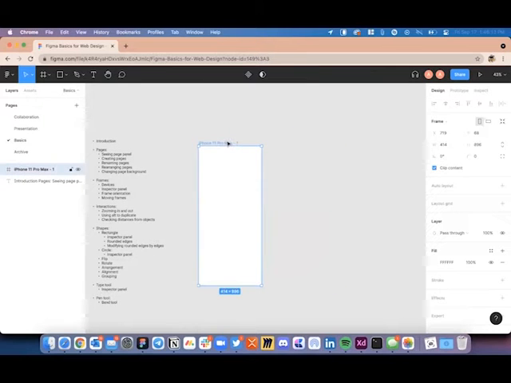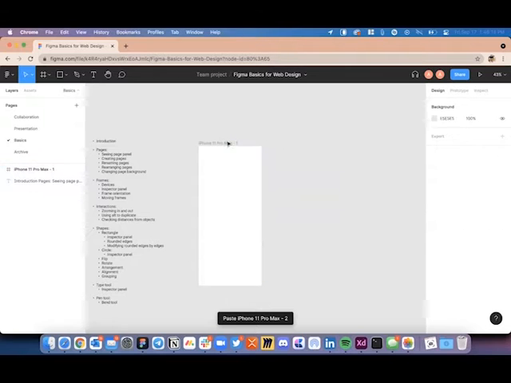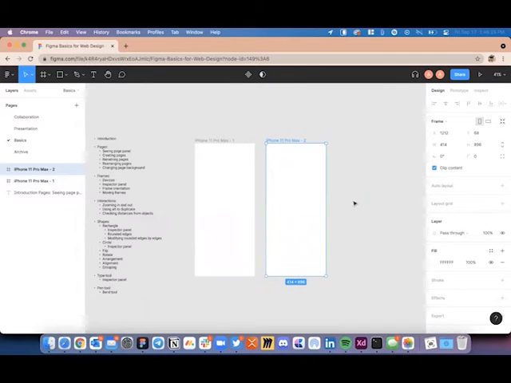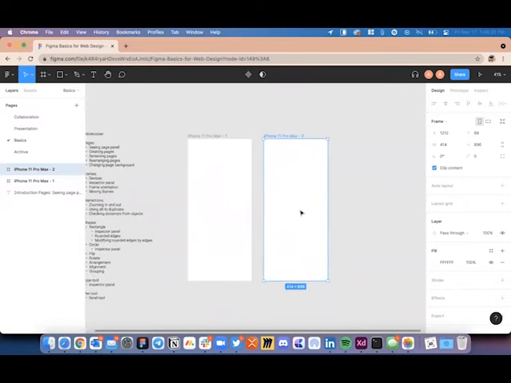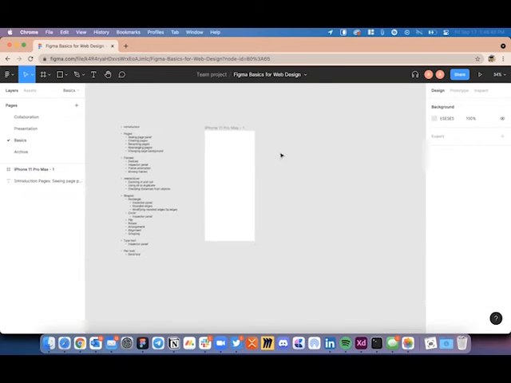You can also do this by just Control C, Control V, copy paste. But you can also duplicate it using the Alt key. And the last interaction I want to talk about is whenever you have selected a specific element or object in Figma, you keep pressing the Alt or the Option key on your keyboard and you hover your mouse over any other element, it will give you the distance value in terms of pixels, how far it is from the corresponding object. So that's about the basic interactions.